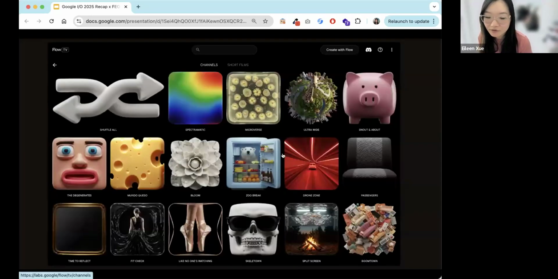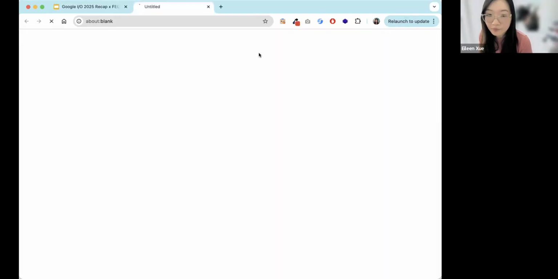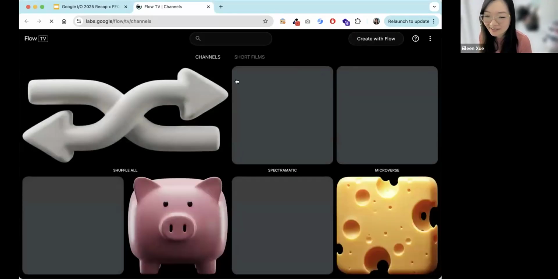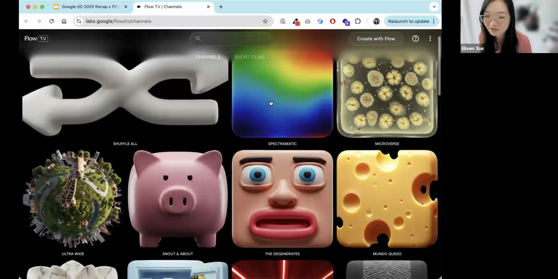And then this is another cool thing. I encourage you to check this out because you can see a lot of different videos generated from Flow. Flow TV is like their little channel with a lot of different examples of videos generated from Flow. When I was waiting in line to do my Flow generation, they had a TV with the channels.